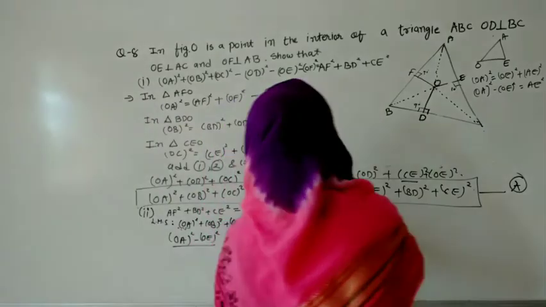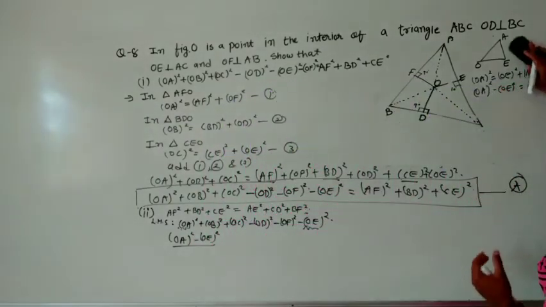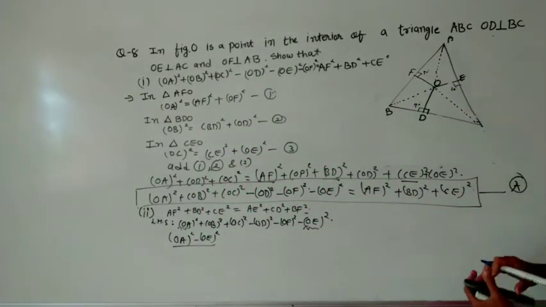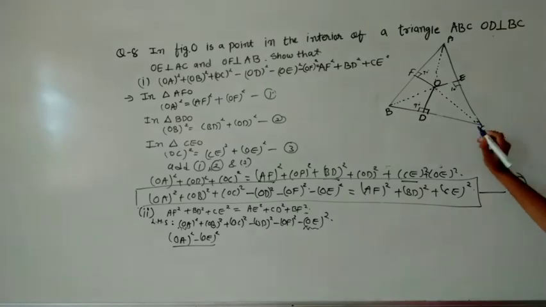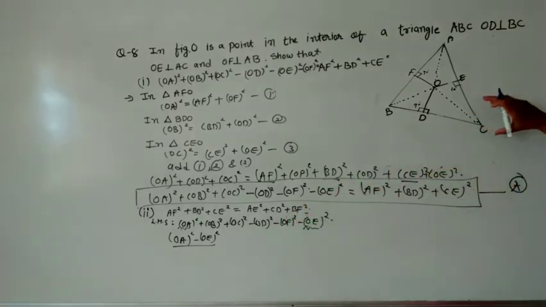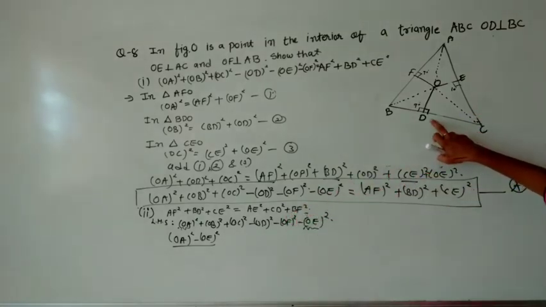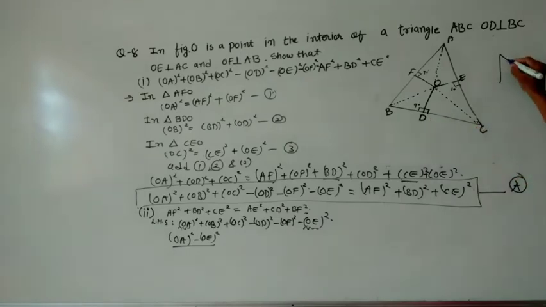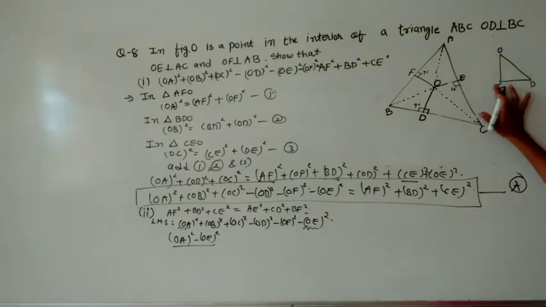Now another thing, we want CD square. So we will find that triangle. So here I am rubbing this. Whatever I want, I will take that triangle. We want what? CD square. So CD is coming here. Let me draw that. It is C and D, and the upper side is O, and wait, it will be D, and this will be C, because D is 90 degrees over here.